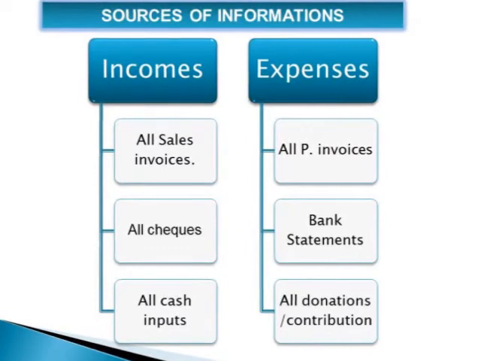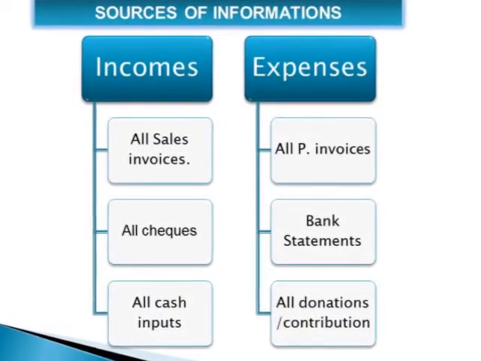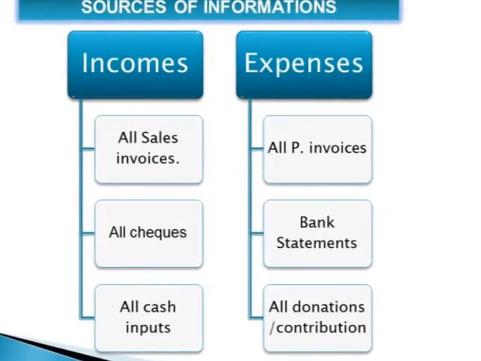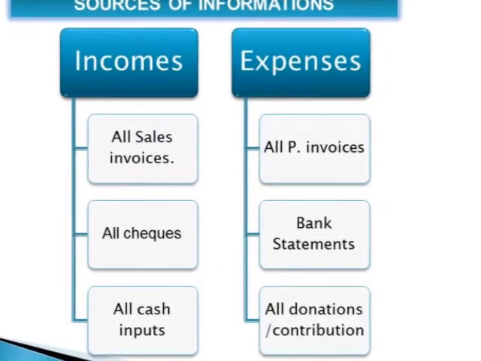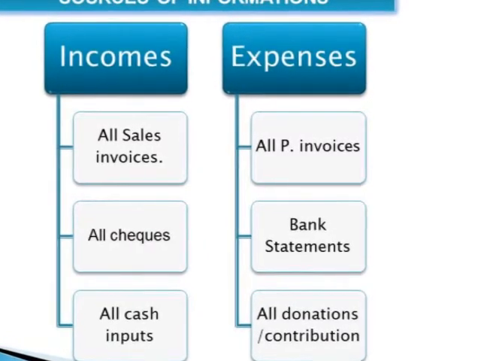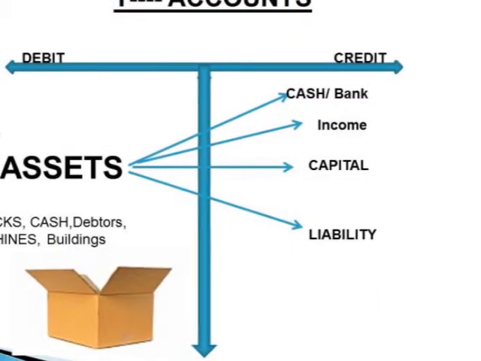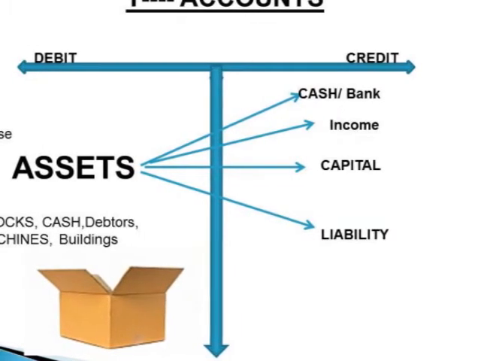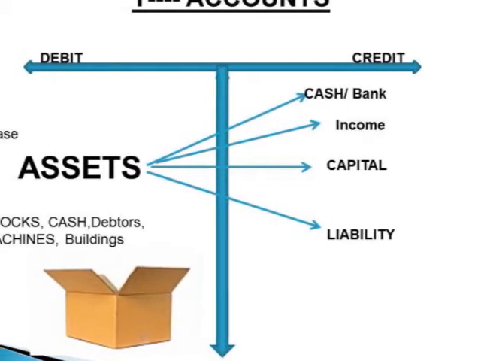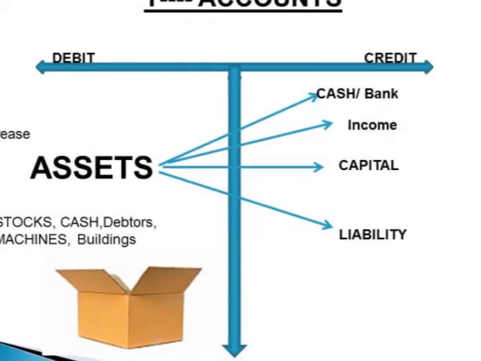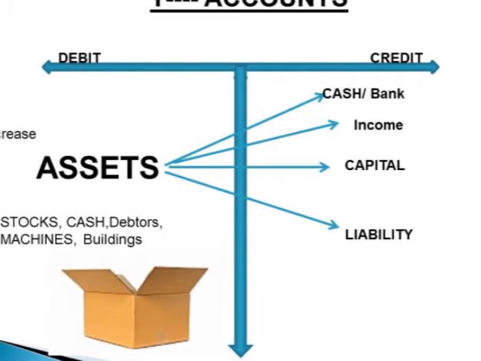The main sources of information for these records are obtained from every invoice, receipt, check, bank statement, and any other paperwork directly or indirectly related to the business, be it donations, contributions, or subscriptions. Let's get started with the recording. It is performed using the T accounts illustrated above,